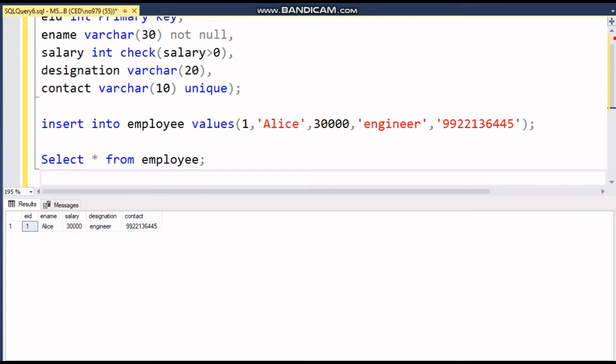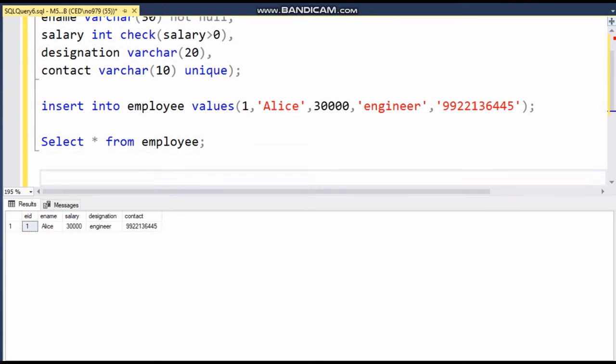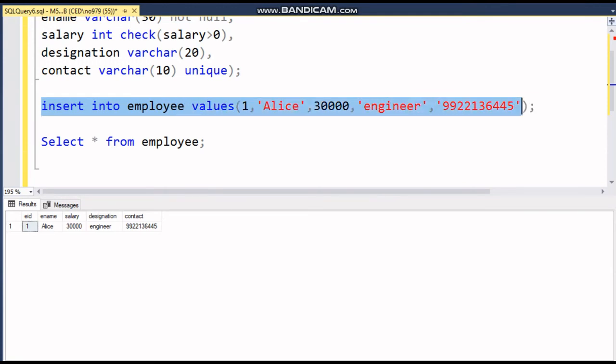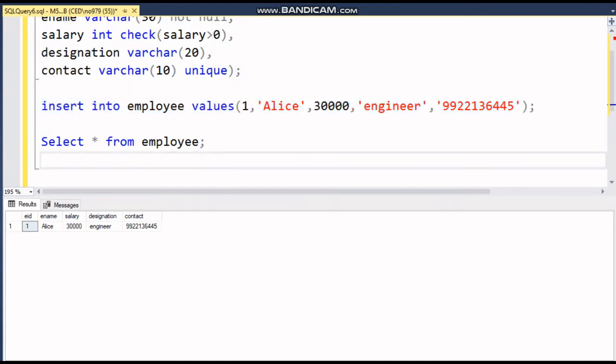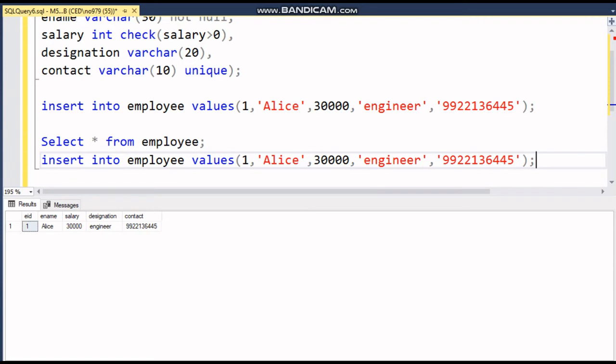We will take a null value in ename, and we will take a salary less than or equal to 0, or we can take a duplicate contact number and cross check. Starting with the employee name, see here, I'm taking employee id as 2.